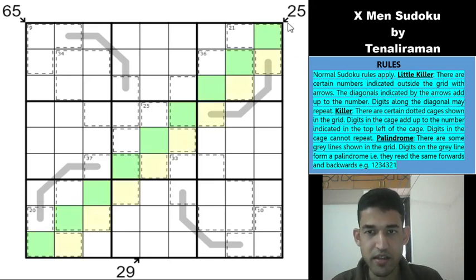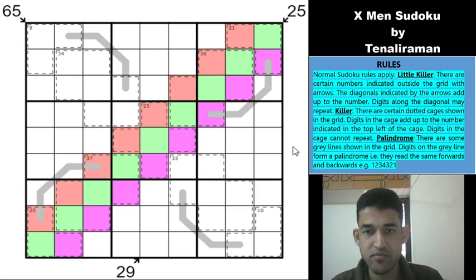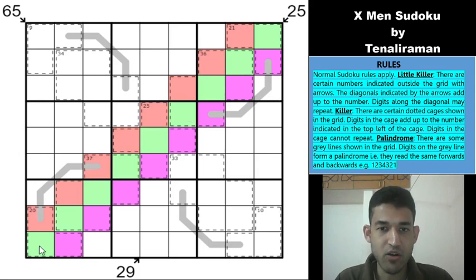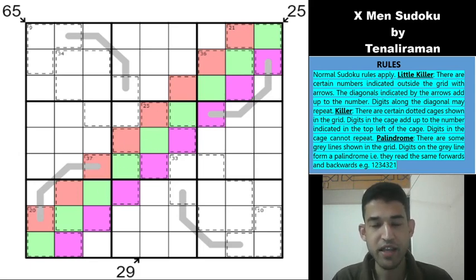You will also see that the principal diagonals and 2 other additional diagonals are also completely covered by cages. So because of the X shape inside the grid, this is happening. Right, all these cells are now completely covered by cages, which means that we can have the sum or the total of all these cages.